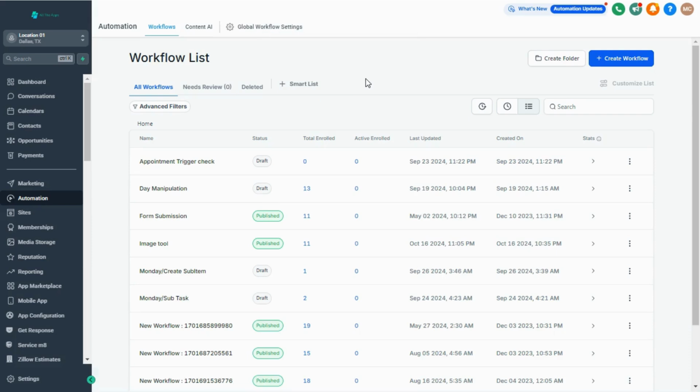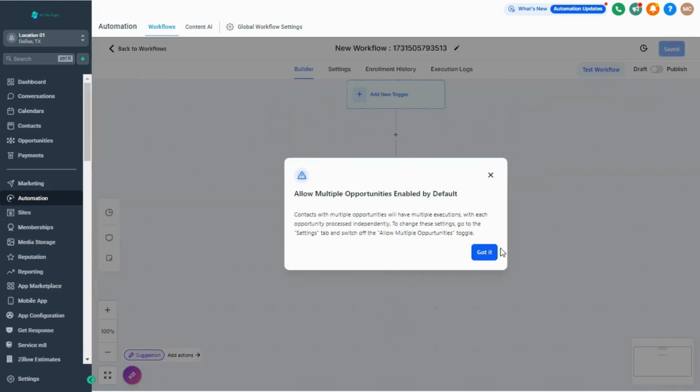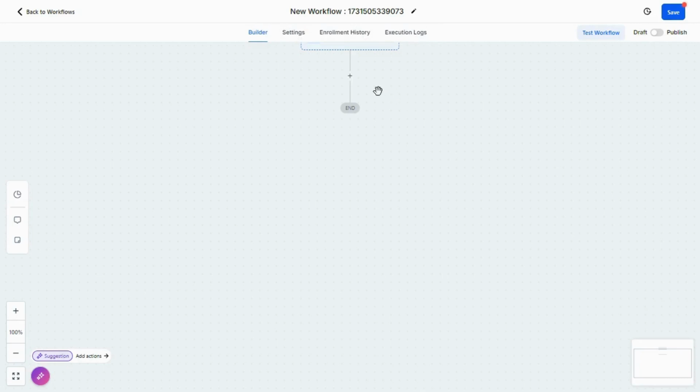Here we are on location 1, and now we have to move towards automations to create a workflow and to check whether the actions are working correctly or not. From here, in the navigation bar, you can find automations. Create a workflow and start from scratch. Here we are in our workflow builder. Let's just create a new action